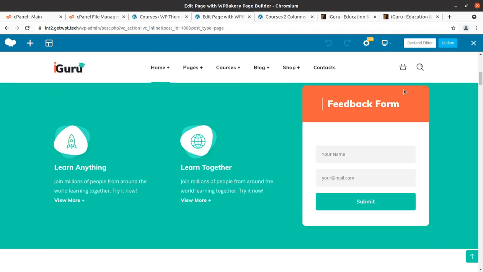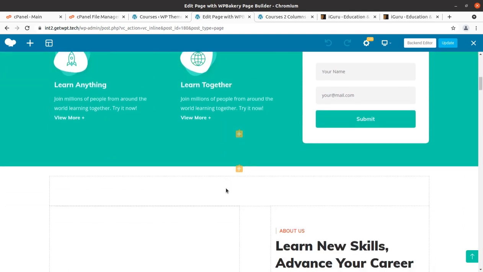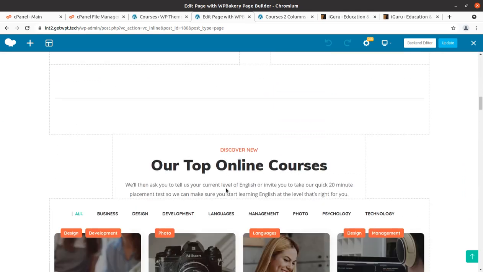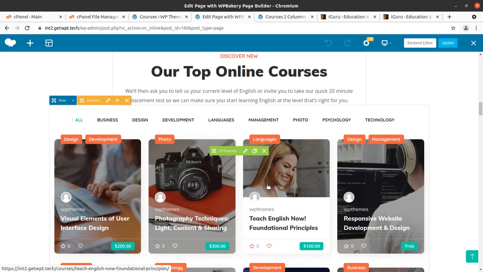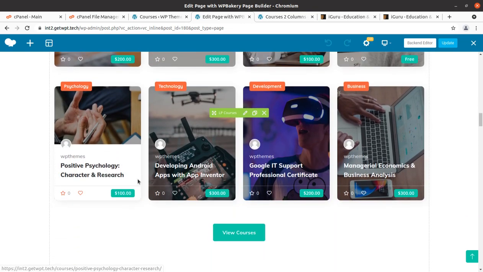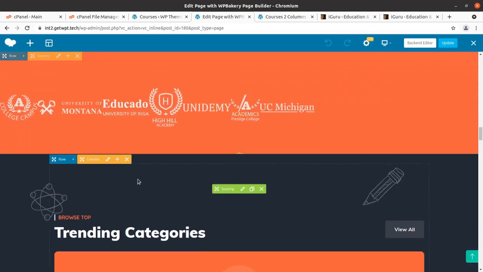Again I will advise you to use the same dimension images as used in the demo content, and the same length content as in the demo content, to maintain the integrity and design layout of your website. It is also very important, so just make the content according to the demo website only, and you can even change your layout if you wish to do so.